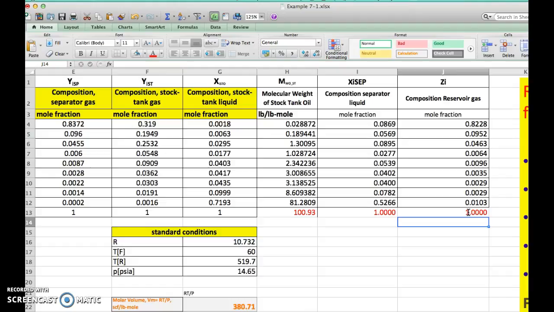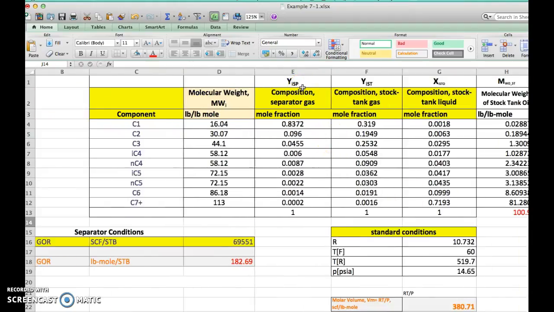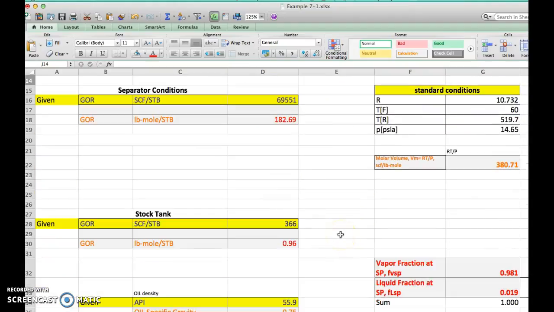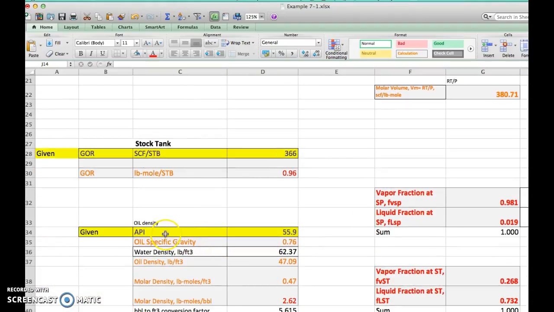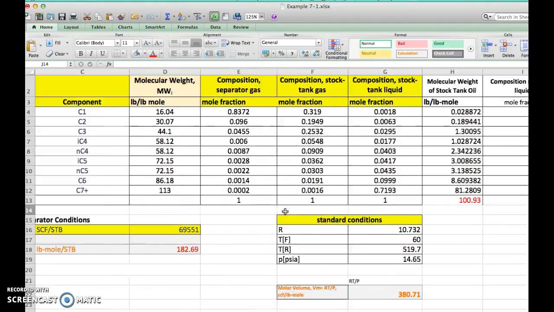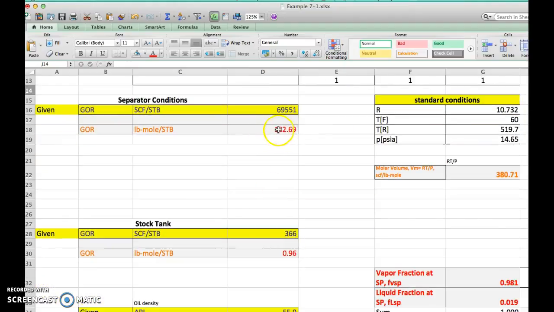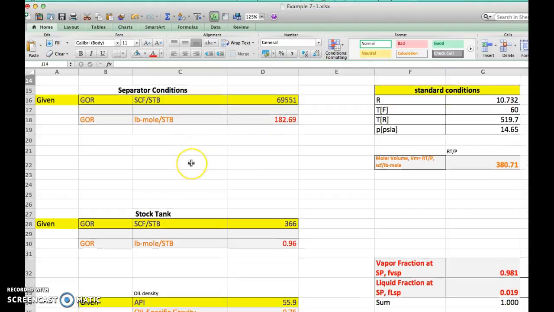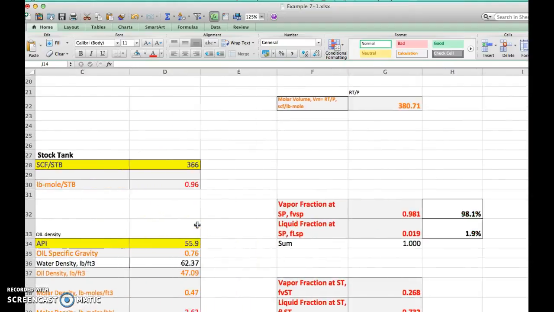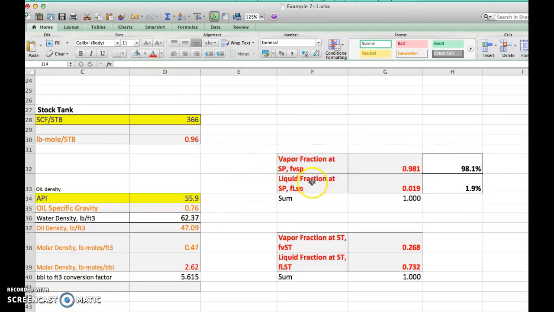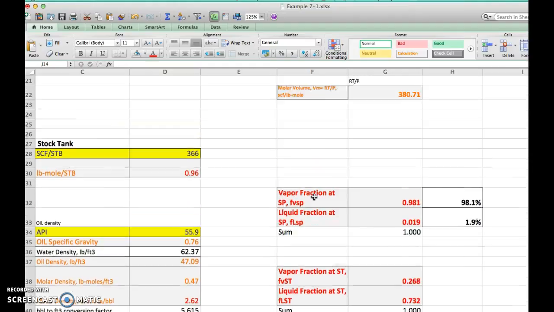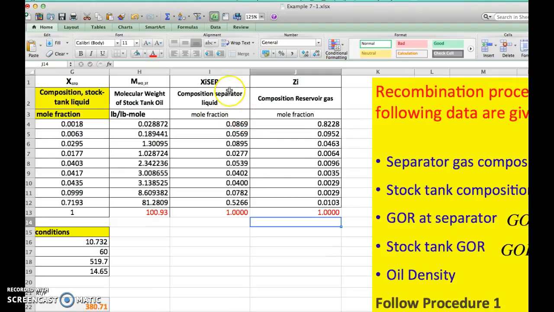So quick recap, using the composition of gas at separator, composition of gas and liquid at the stock tank, having the gas-oil ratio at separator and stock tank, and the density of oil at the stock tank, we are able to calculate the number of moles per 1 STB at separator condition and the stock tank condition, and calculate the vapor fraction and liquid fraction at separator and the stock tank, and basically through that, using those values to calculate the composition of liquid at separator, and eventually the composition of wet gas inside the reservoir. The Z here is the global